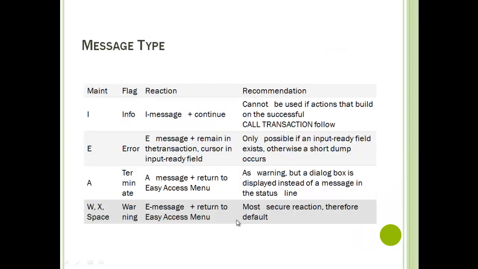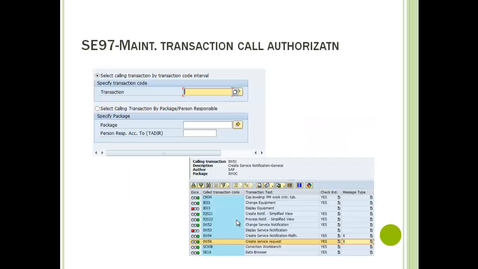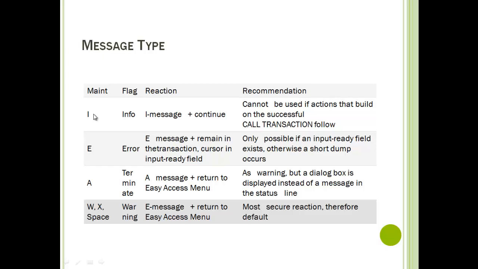So this is the message type which we saw in our previous slide. The first option is I. This is information. It gives you only the information. However, actually we cannot use this if you are calling a transaction. It's going to follow the call transaction anyway, even if you specify information. Next one is E. It's an error message. It gives an error message